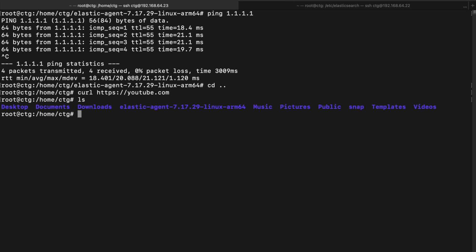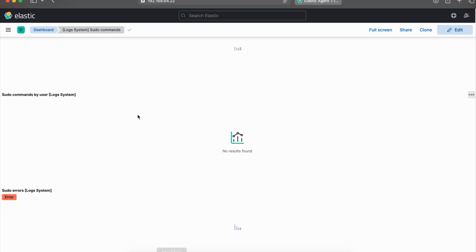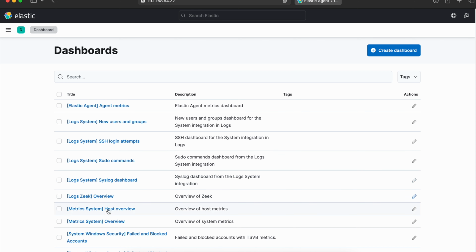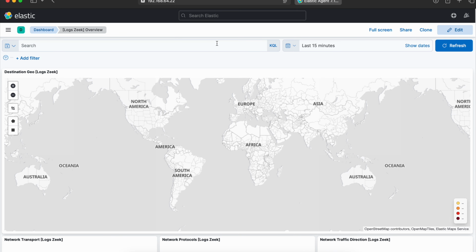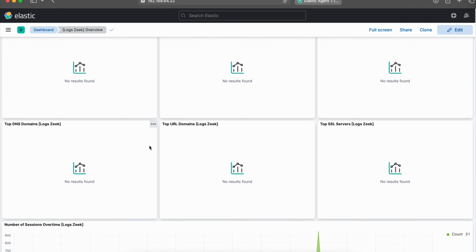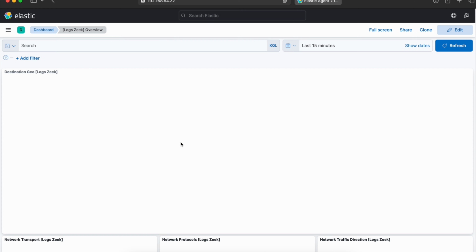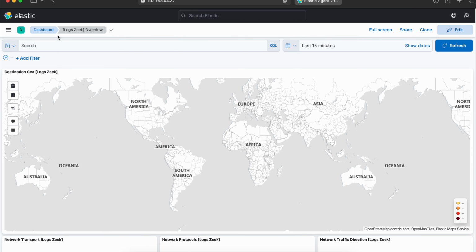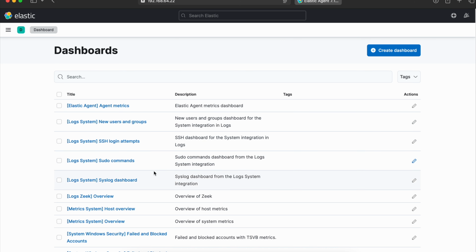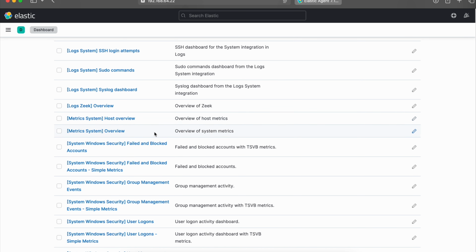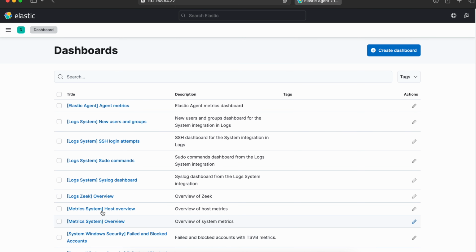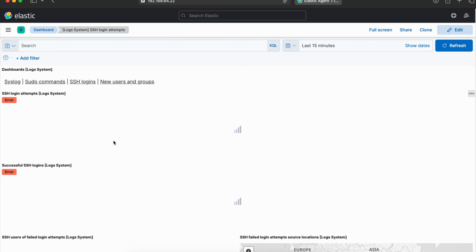I would not get any response. That makes sense. I guess after capturing more logs, this would show up more data, but for now I don't have any logs to show. But this is how you can